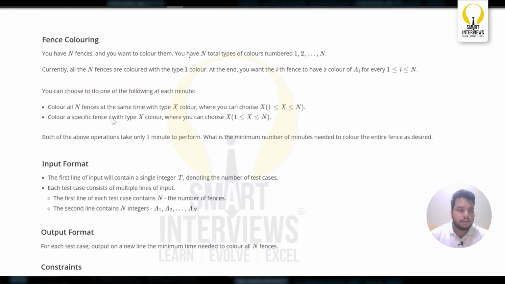And you can perform the following 2 operations, and each of the operations will take 1 minute. So you can color all n fences at the same time with type color x, where you can choose x from anywhere from 1 to n. The second operation says that you need to color a specific fence i with type x color, where you can choose x from 1 to n. So basically